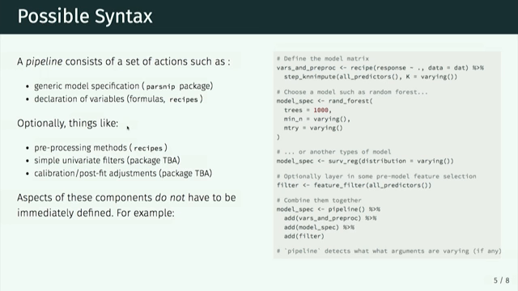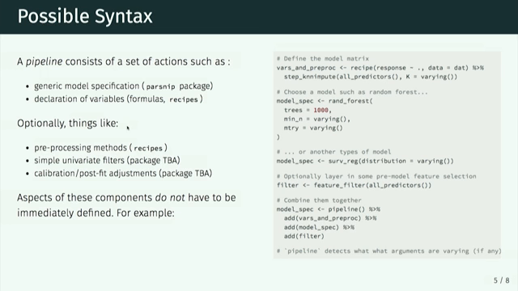And right now, you can do that in recipes. You might also want to layer in some real simple feature selection opportunities where you can pre-screen your variables before they go in the model. So we can have a specification where you can say, okay, here's the type of filter I want to do, and add that to the modeling pipeline. And then, you might want to calibrate your probabilities if you have a big class imbalance and things like that. So, there's a list of the minimum things you need to do to fit the model, but let's enable you to do some other things that might really improve the quality of what you generate.